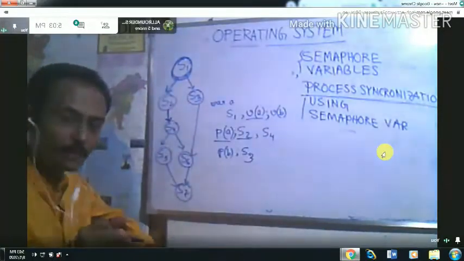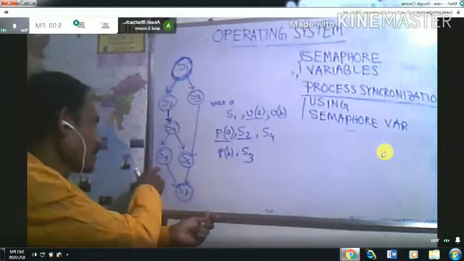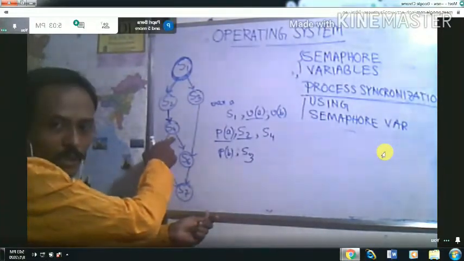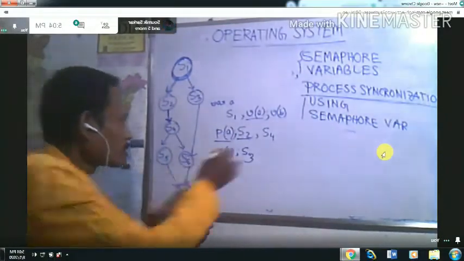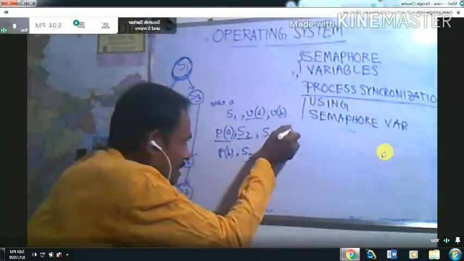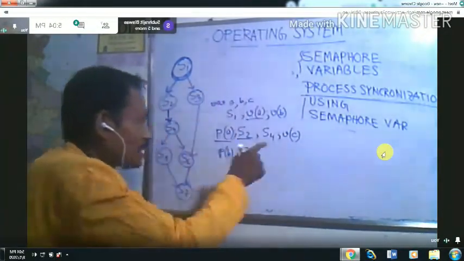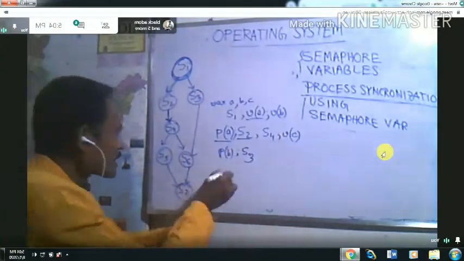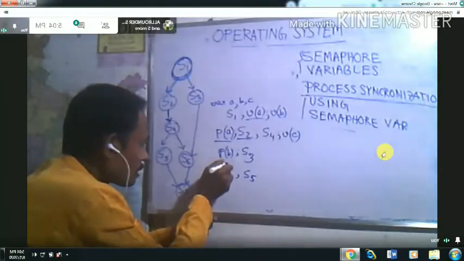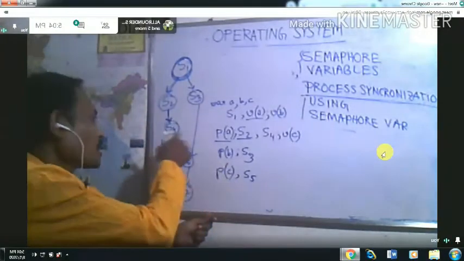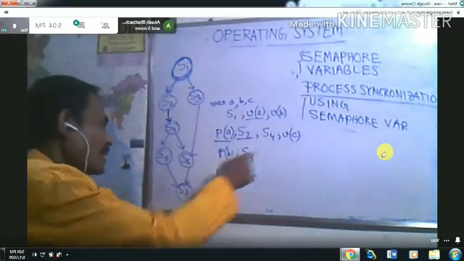Now when you execute S4, S5 depends on S4, so there is a synchronization. S5 depends on S4. So here you call another semaphore, VC. Suppose another variable is B, another variable is C. So now before executing S5, you have to execute PC, because this VC function is called for this particular statement, and then PC will be executed for this statement.